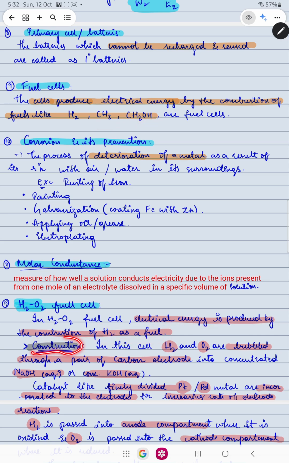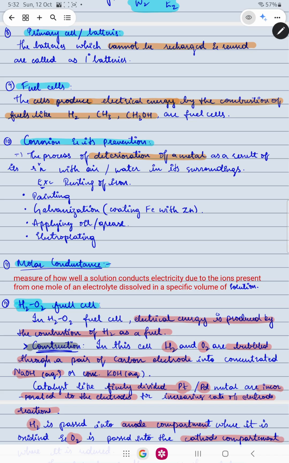So the construction: hydrogen and oxygen are bubbled through a pair of carbon electrodes into concentrated aqueous sodium hydroxide or concentrated potassium hydroxide. Catalysts like finely divided platinum or palladium metals are incorporated into the electrodes for increasing the rate of